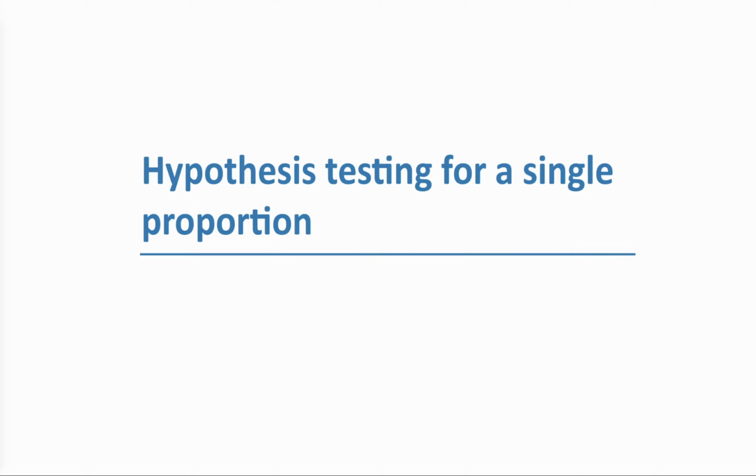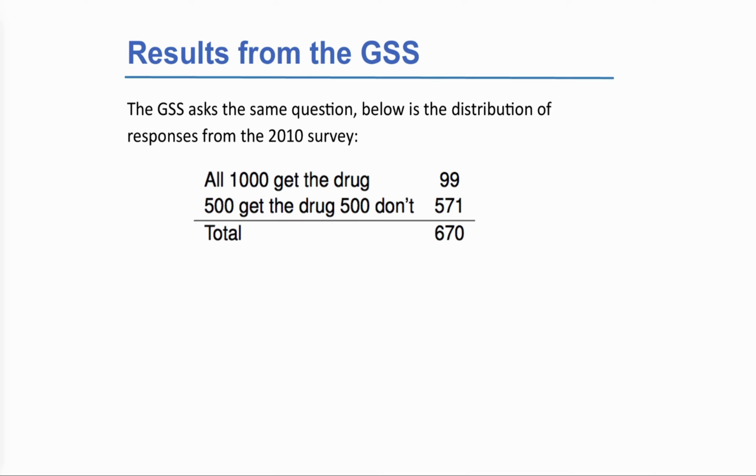Now that we have the general concept of a hypothesis test, let's talk about the actual process for a single proportion. If you remember back from our confidence intervals unit, we had this question: if we want to test a new drug, should we give it to 1,000 people, or should we have 500 people get the drug and 500 people don't? They asked a bunch of people this question, and 99 people said that all 1,000 people should get the drug, and